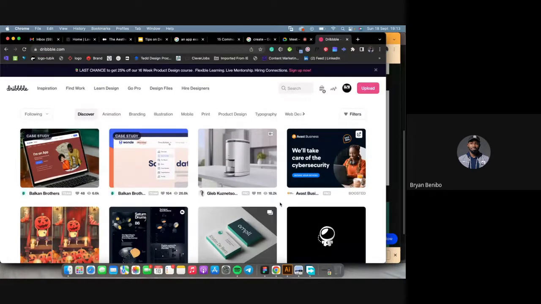Sometimes you ask yourself, how would you know if a design is aesthetically pleasing or not? You guys understand? How would you figure that out? Because there are different styles and all that's going on. But how would you know this one is aesthetically pleasing? For you to figure that out, and straighten your mind up to understand that, okay, this set of designs are aesthetically pleasing, what you do is, first of all, follow people who are better than you. Follow them on social media.